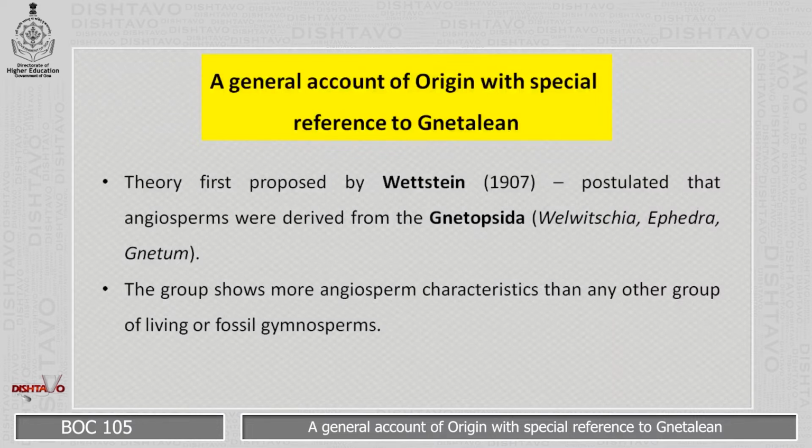The group shows more angiosperm characteristics than any other group of living or fossil gymnosperms. So this Gnetopsida, which includes Welwitschia, Ephedra and Gnetum, are the advanced members of gymnosperms. They are known to have given rise to the angiosperms according to the Gnetalian theory that has been put forth